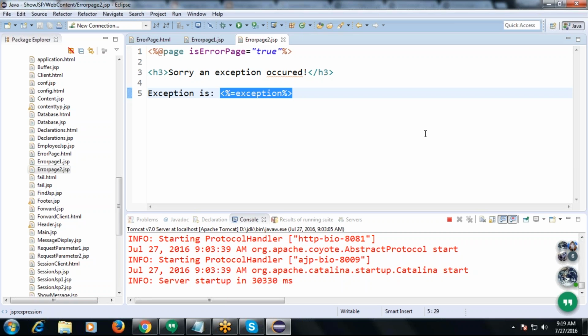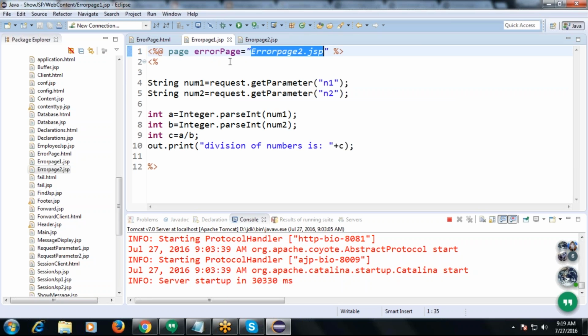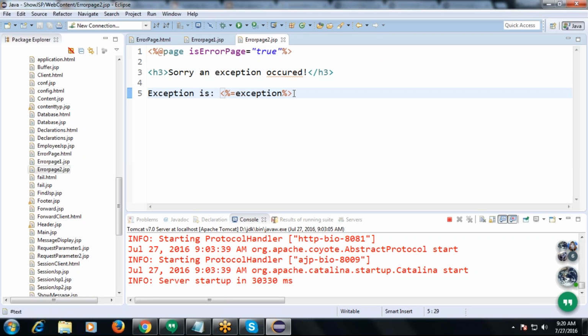Okay, we are not catching the exception here. Actually, the exception object, yes, we are catching. The exception object is generated by the JSP container. What is the exception object generated by the JSP container? It is available in this page. What is the JSP name we given here? In that JSP only, this exception object is available. Understood.